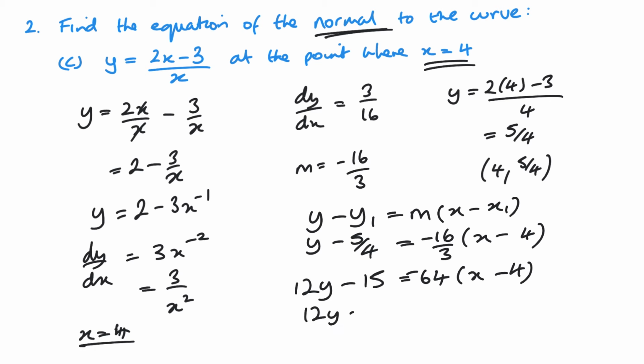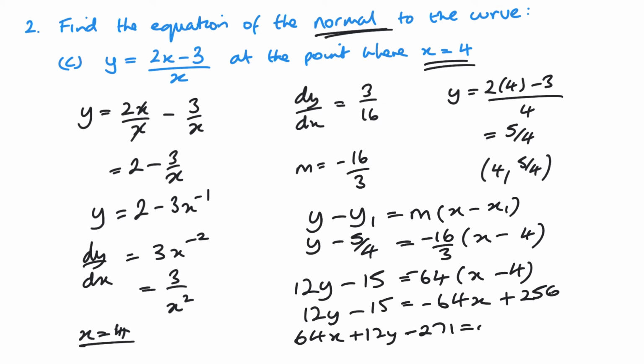So I get 12y minus 15 equals minus 64x plus 256. I always remember stuff like that from computers. So 64x plus 12y, we're going to minus the 256, and that'll give us minus 271. Alternatively,